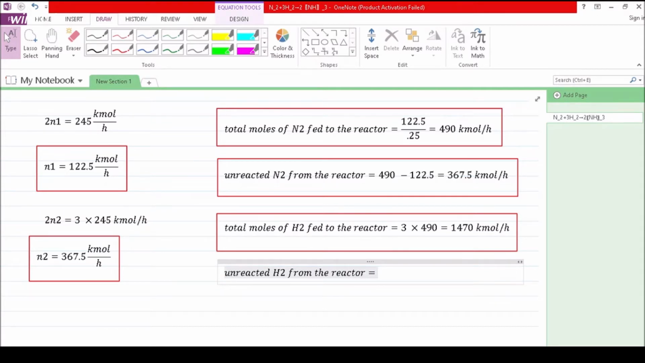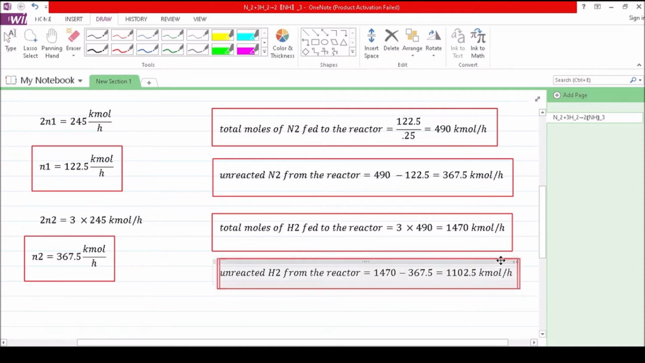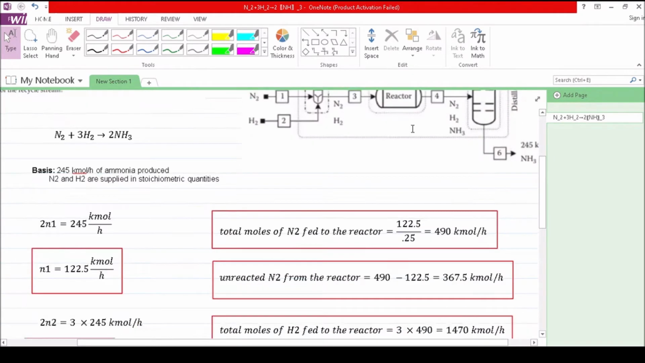We have 1470 minus 367, which is our total moles in our feed. And this would be equal to 1102.5 kilomole per hour. So now that we have the values for the composition of our streams 3 and 4, we could